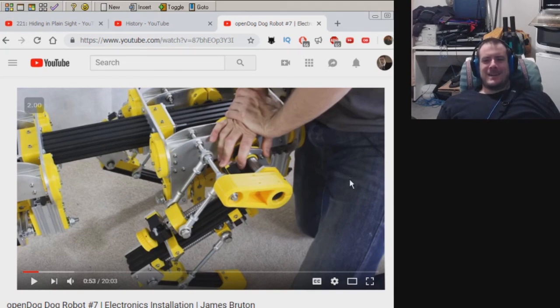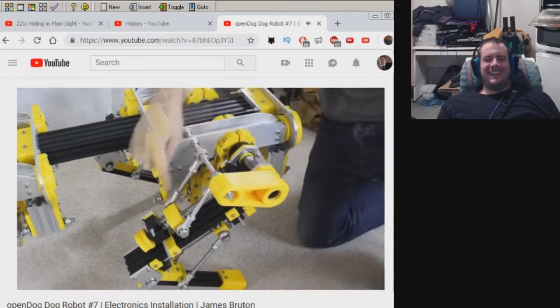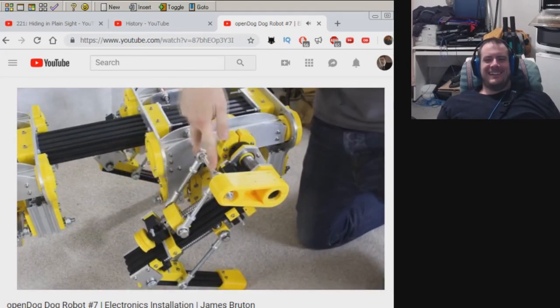On top of the robot, the actual bending, and that's because this is a square, there's two of these rods here. If there were one, obviously it could bend. Because there's two, it's held in a square. It can't bend unless the